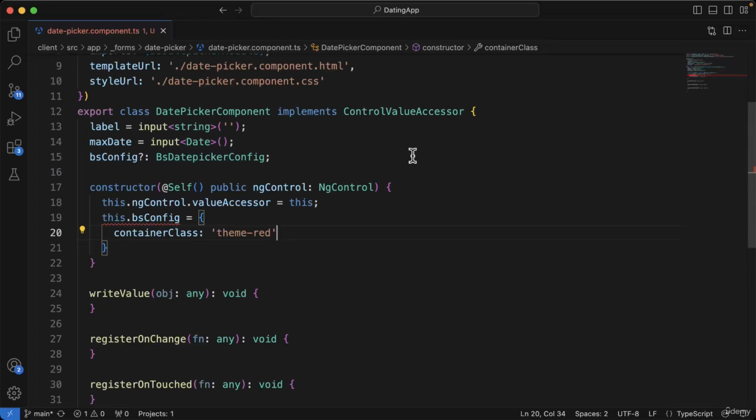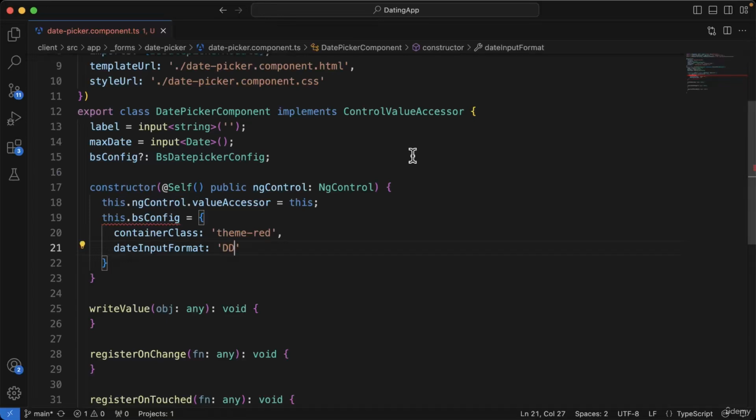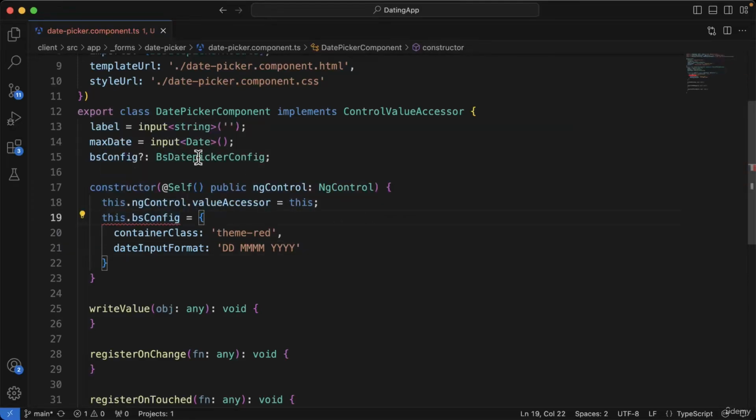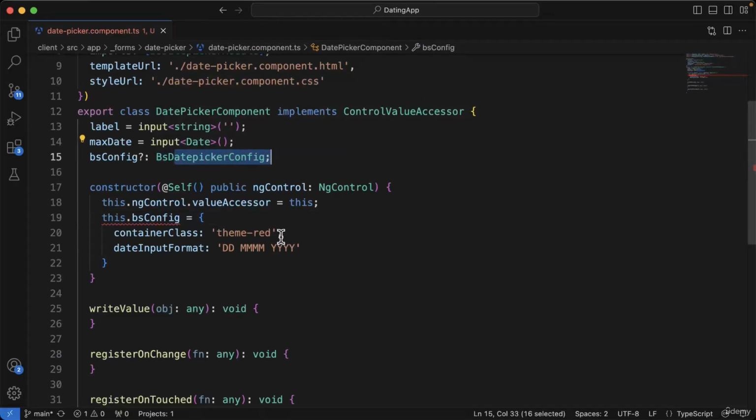There are 6 different colors, not a huge amount of choice here for customization. And then we'll specify the date input format, and we'll say dd MMMM YYYY as the date input. So we'll have the long month, the year and the days. And we're getting an error here saying that we're missing some properties for the date picker config. What they've done with this type is they have actually made all of these required properties, but we don't want to specify all of those different properties, all 22 of them inside here,